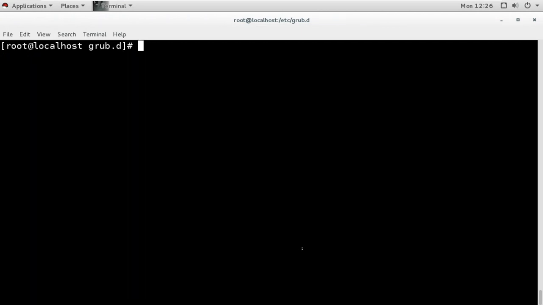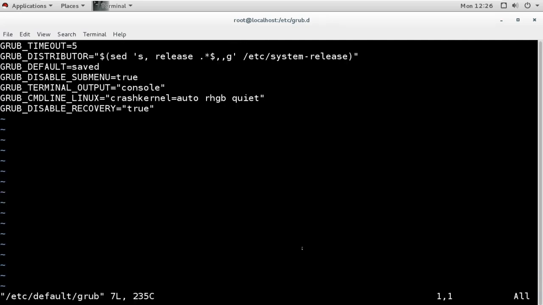So I'm going to open the file etc default grub. Now when you see this file, it looks like this, and we can easily edit changes. You can see, it is not a script, it is saying grub timeout, which is 5 seconds.